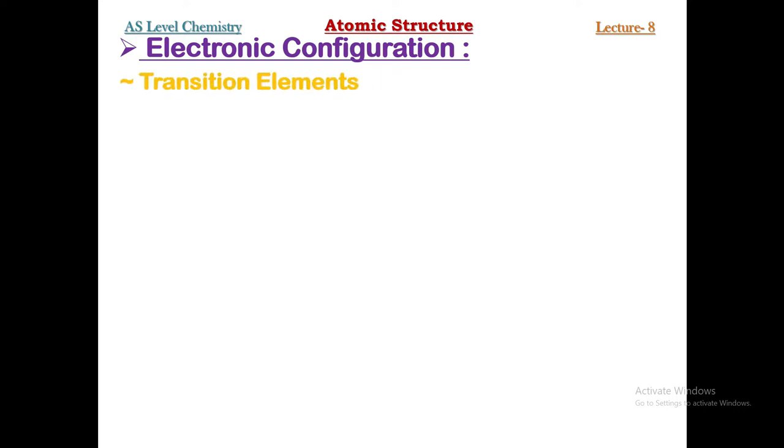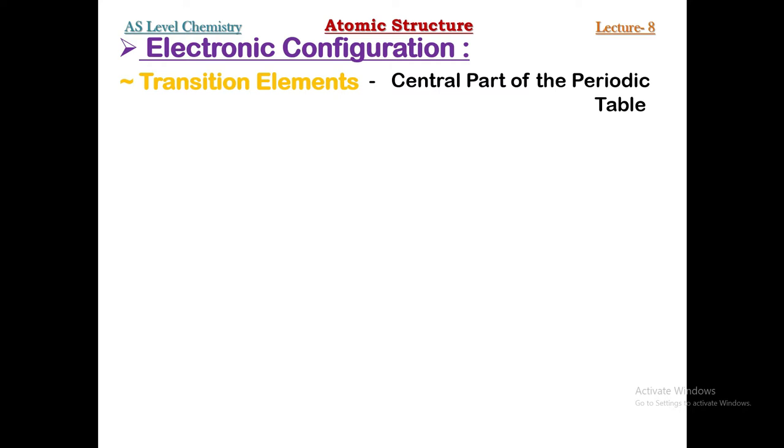Now, one thing you must know, what are transition elements? Transition elements are those elements which occupy the central part of the periodic table. Periodic table can be divided into 4 blocks. Left hand side elements, group 1 and group 2 elements, are known as S block elements. Right hand side elements are known as P block elements, and the central part transition elements are known as D block elements, while the two rows which are present at the bottom of the periodic table represent F block elements.